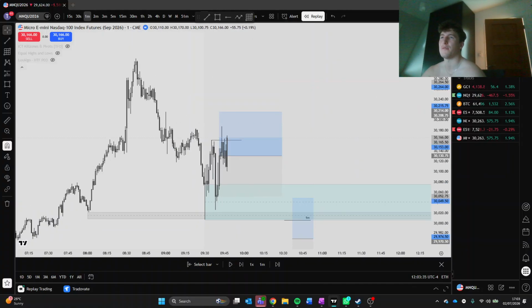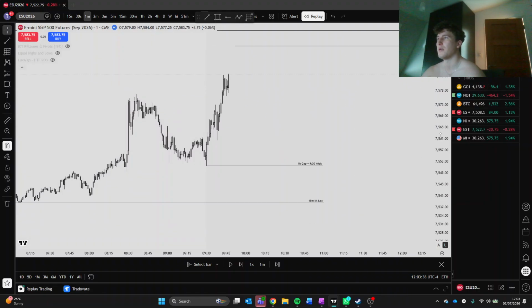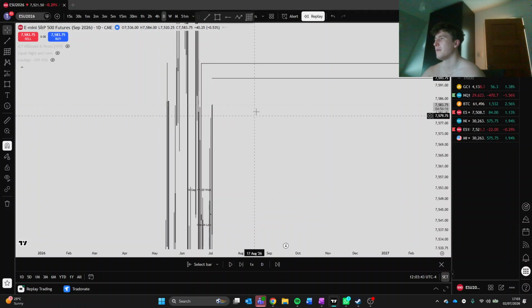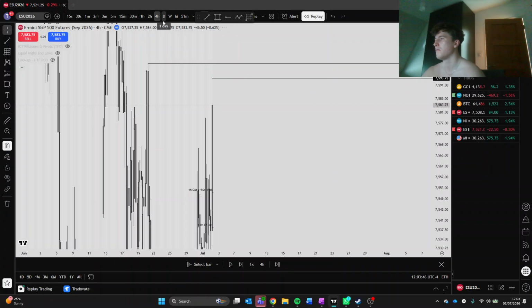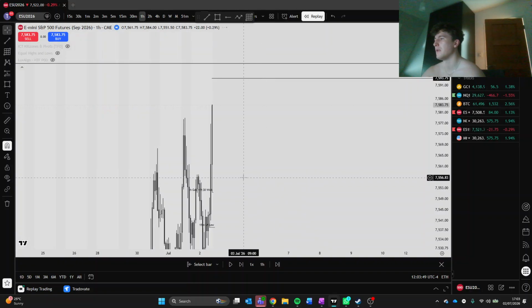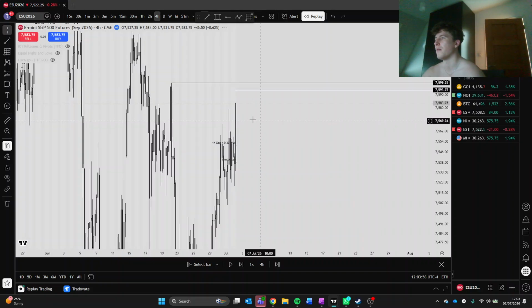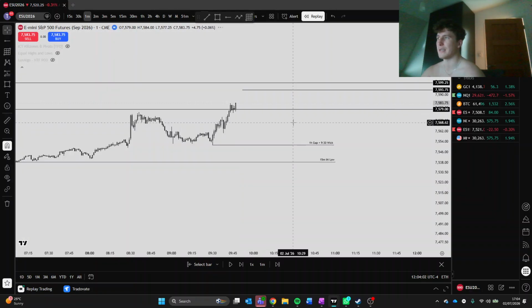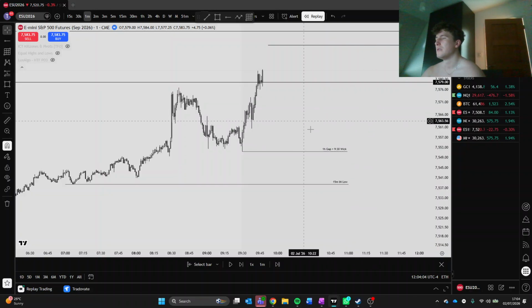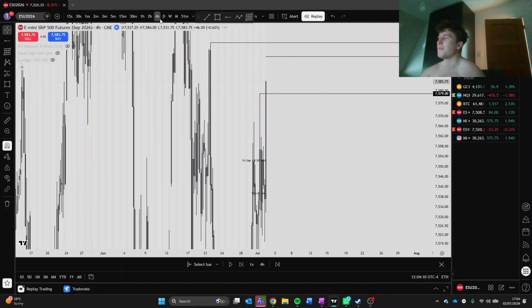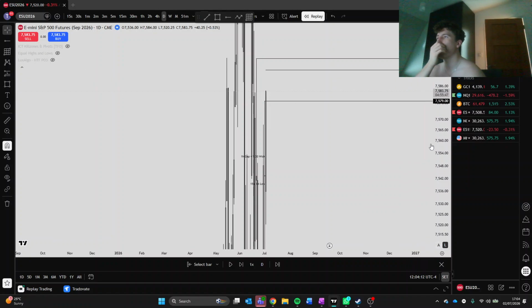The reason why I went break even was because in ES we had reached this daily high. Where do we? Where was it? Oh, okay, it wasn't a daily high. It was just prominent. That's what it was. Daily high. It was 4-hour high anyway, which was its external liquidity. Yeah, to be honest, for some reason I thought that was more than a 4-hour. I thought it was daily. Oh, it was daily. Look, it was daily